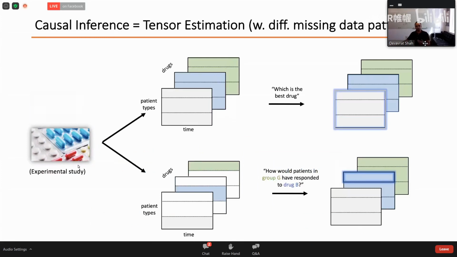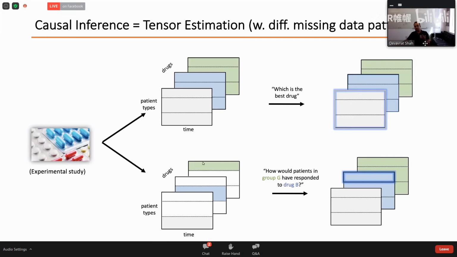One way to view an experimental study or randomized control is, let's say you have a population of patients, all the patients randomly divided into 3 groups. Group 1 gets drug type 1, group 2 gets drug type 2, and group 3 gets drug type 3. We collect measurements over time for patients, and then at the end we decide that on average over all patients, it seems that drug 1 is the best. Okay, so in a sense, in this tensor, we explored everything that's out there, then we measured it, and then we made a decision. Okay, and that's randomized control.